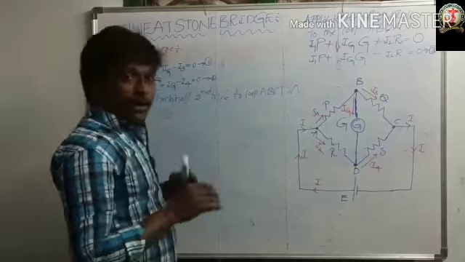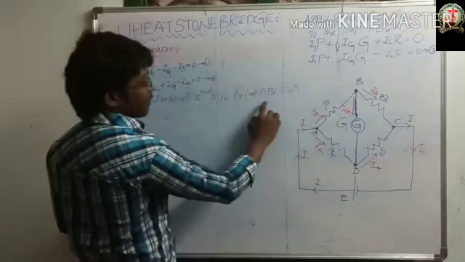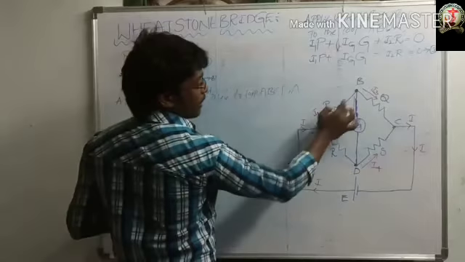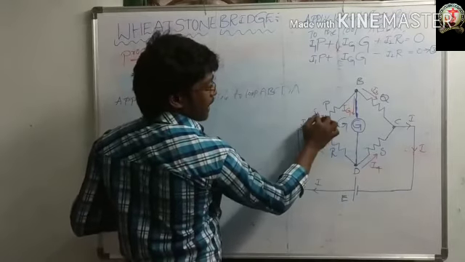I hope you got clarity now. So the loop direction is this one. Starting at A, what is the loop? A to B. What is the direction of the current? This direction only. So the direction of current into resistance.